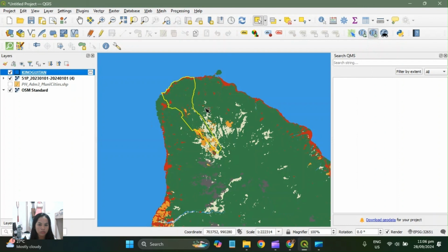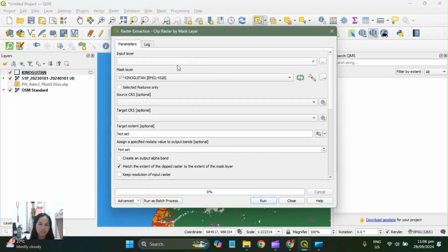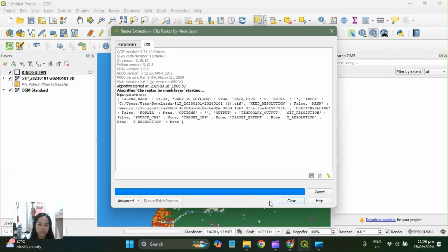So we already have here, and then we need to go to the raster, then extraction, then clip raster by mask layer. So we put here the GeoTIFF file that we will input, and then Kinugitan, then run.